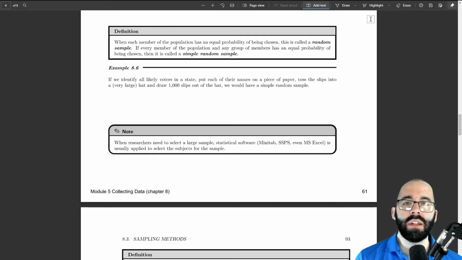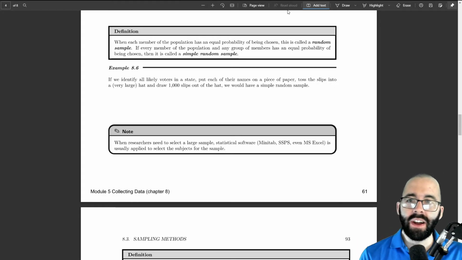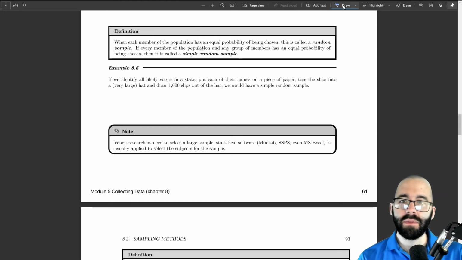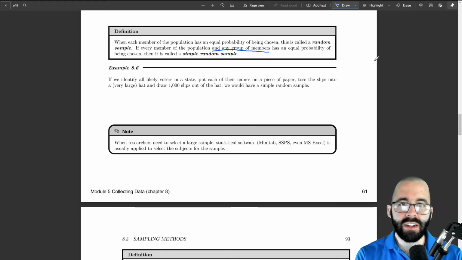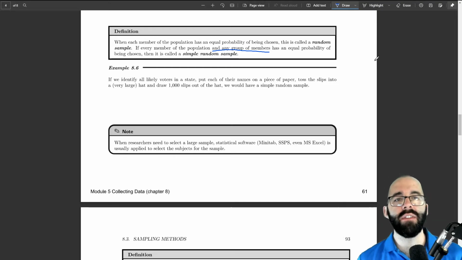Every member of the population and any group of members, simple random. So they almost are the same, right? Random sample and simple random sample are almost the same. Simple random has this, and there's a mathematical distinction here. We're not going to worry about the distinction. I'm not going to belabor it. I'm not going to quiz you on the difference necessarily, but we'll maybe see this as we talk